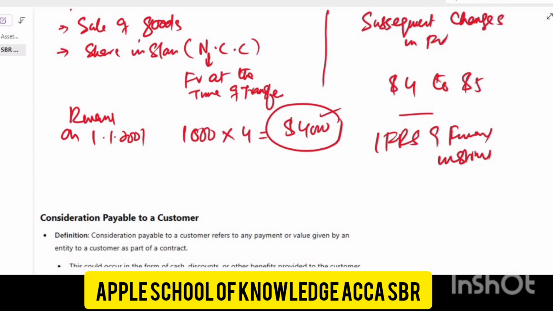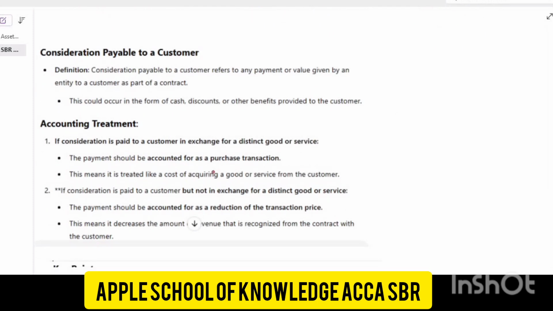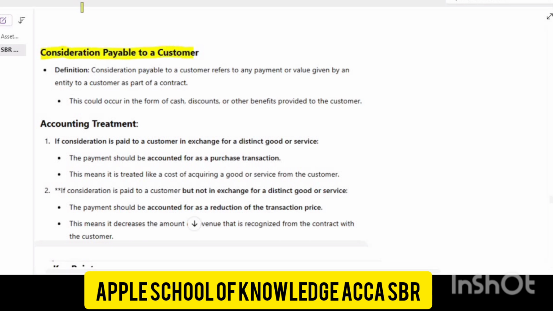We have another concept, and this is the last one, I think. And that is consideration payable to customer. Okay, so